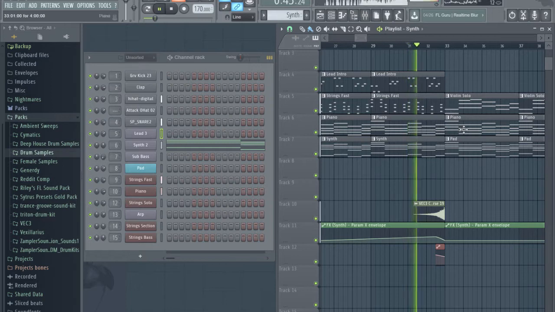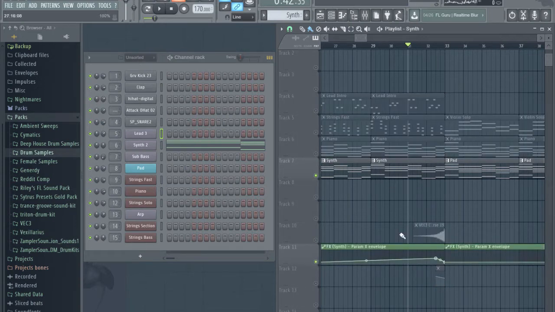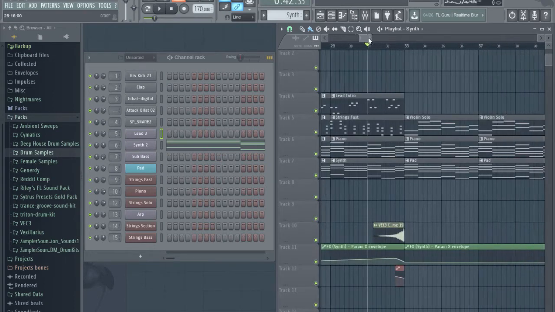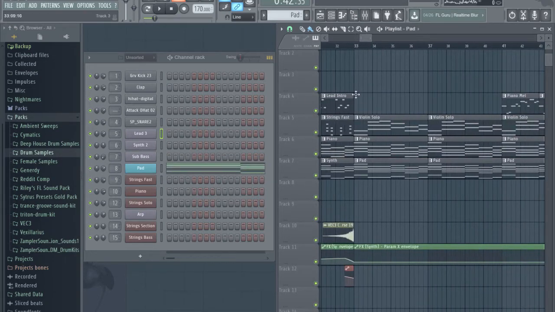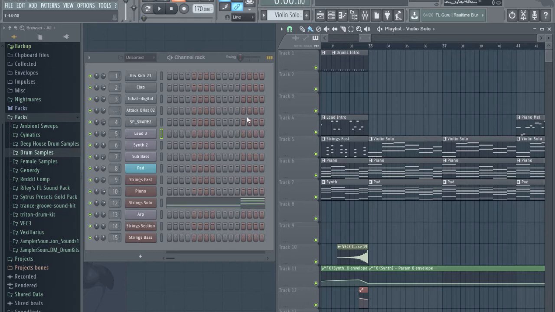So when you hear the synth do its that thing. And then I added a pad, which I made myself. So that sounds... Yeah, so I added that in there, added the violin,